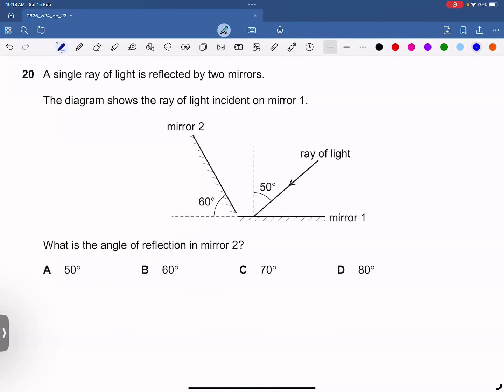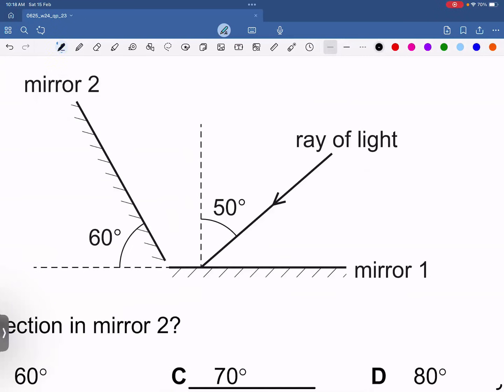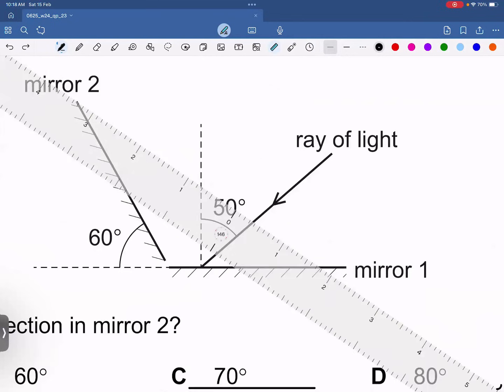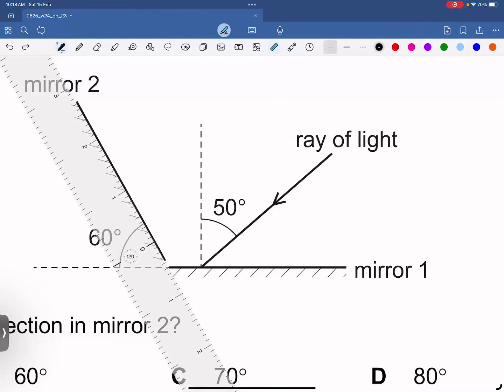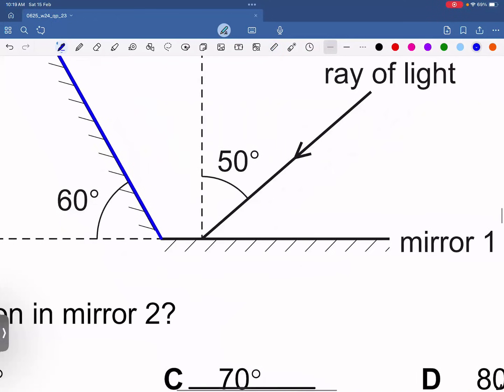Question 20. A single ray of light is reflected by 2 mirrors. The diagram shows the light incident on mirror 1. What is the angle of reflection on mirror 2? All right. So first, can we make a reflected ray on mirror 1, and try to construct the additional lines. So what will I do, my dear students? First, I will extend the first mirror to the full, like that. I'm using a blue color this time. Dear students, using the geometry rule, if the left side angle is 60, the right side will be how much? 180 minus 60. The answer is 120